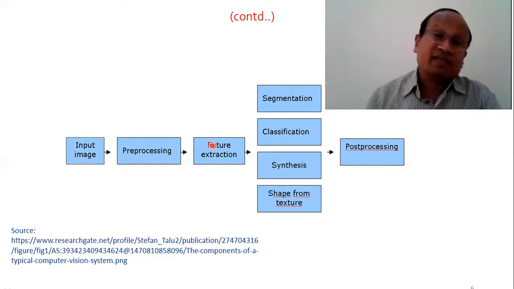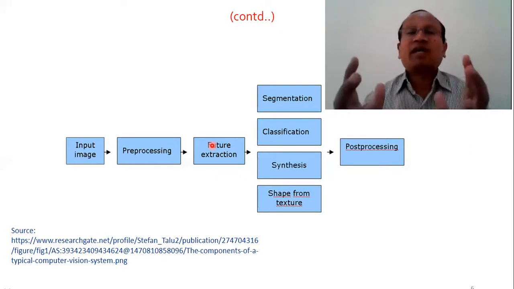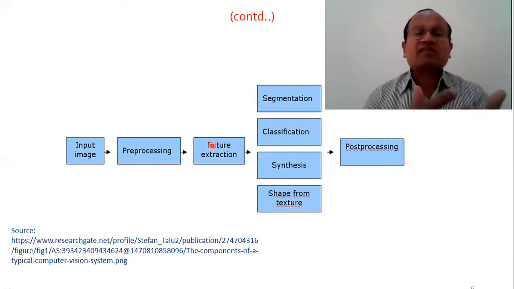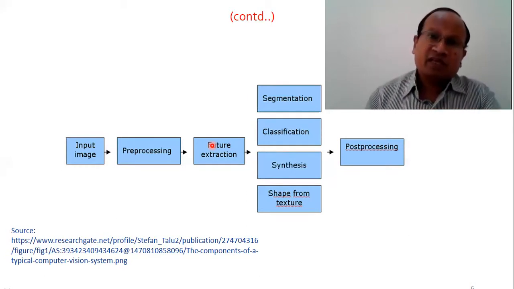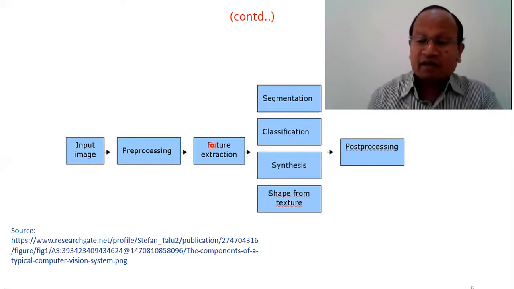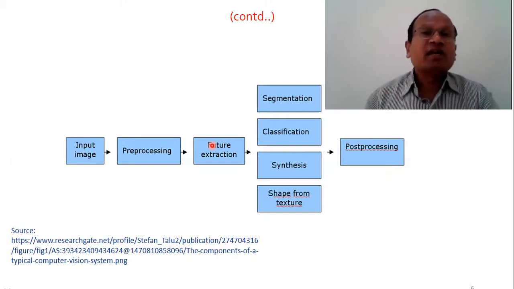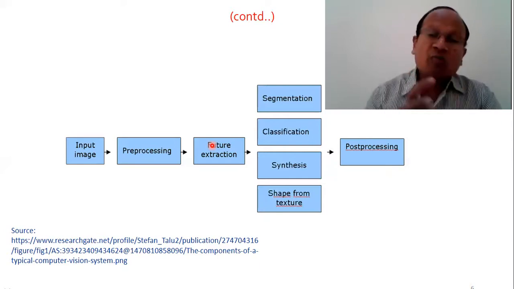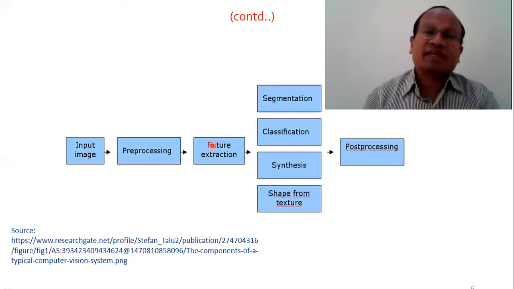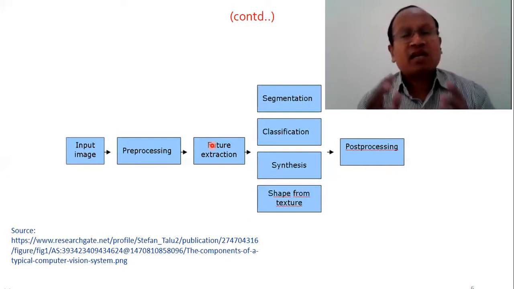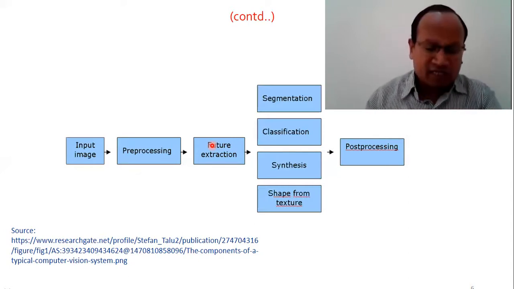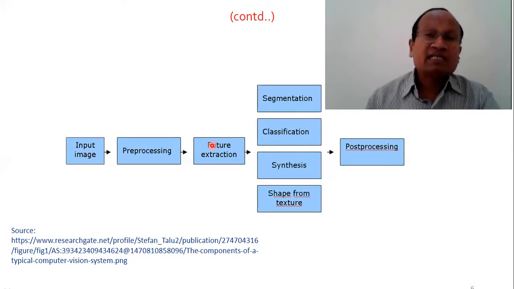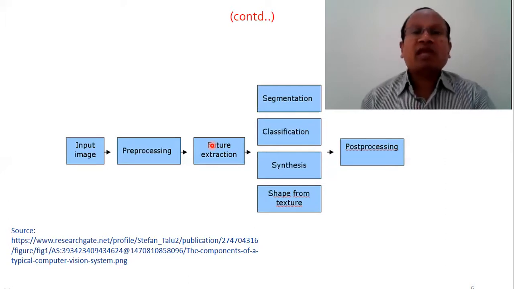Let's talk about tumor detection. The entire tumor area will be segmented after feature extraction, classification, and segmentation. The different areas will be classified. Then in post-processing, it will indicate at what level cancer is there, if there is any cancer present in the tumor, at what stage the cancer is present, and how much exactly is the area affected by some abnormality in the medical image. There are numerous applications where we can understand that image processing and its different stages play a significant role in